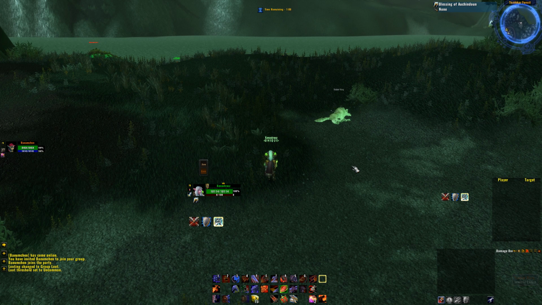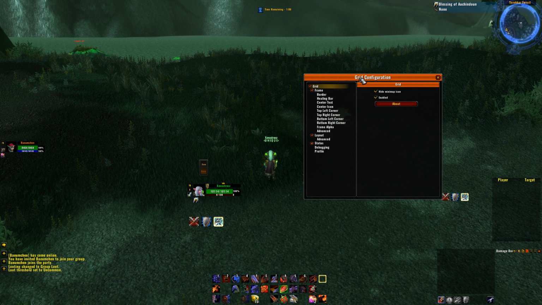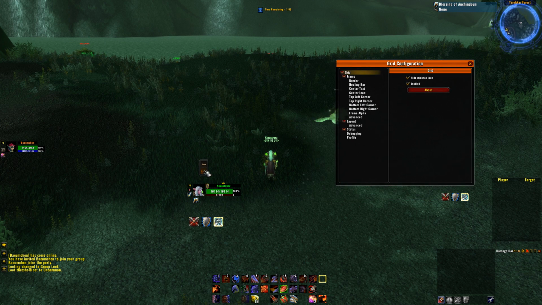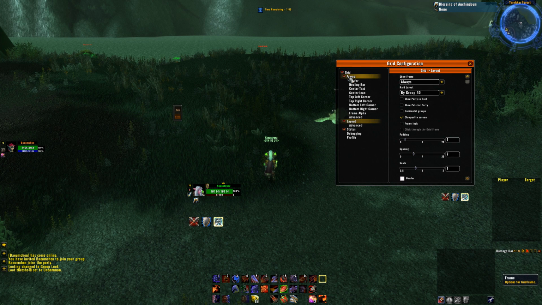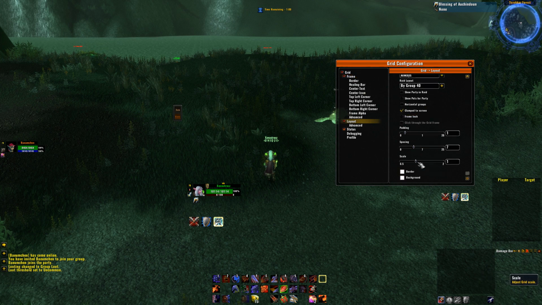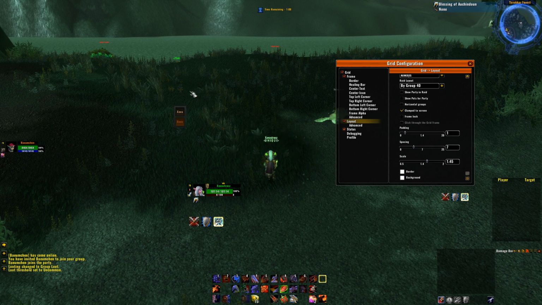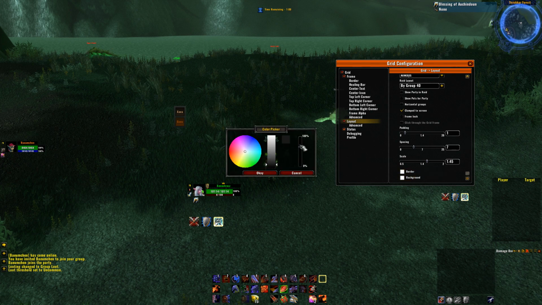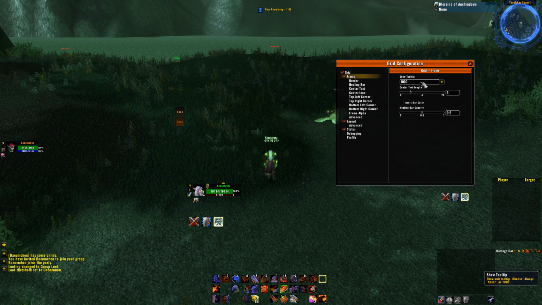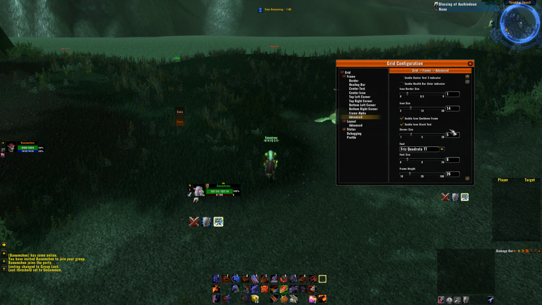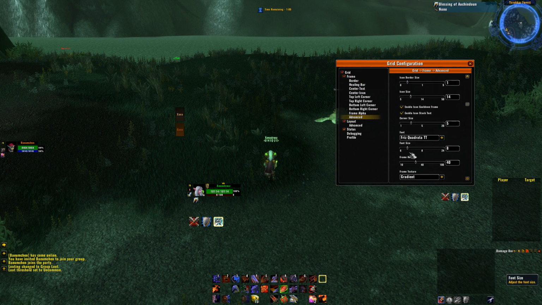Another add-on that's actually pretty important is Grid. Grid is by far the most advanced raid frame add-on in TBC. However, it looks terrible when you first install it. So you can do a lot of things to make it not as bad. You can make it bigger, for example. And especially this border is really ugly, and you can make the outer border go away, or you can also just have it completely go away. You can also configure the size of the frame itself here if you want to have them